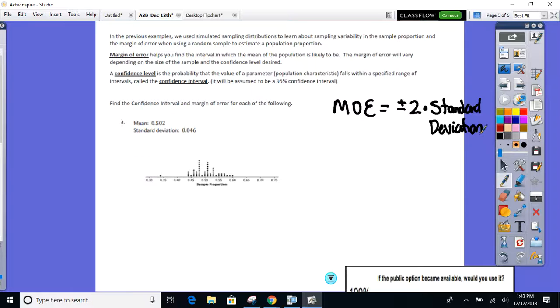So everyone go ahead to this first example. It says find the confidence interval, which I'll go over in a second, and the margin of error for this following dot plot. Okay, so my margin of error, plus or minus 2 times, anybody, I give you the standard deviation in that one, right? 0.046. So go ahead, 2 times 0.046. You end up with